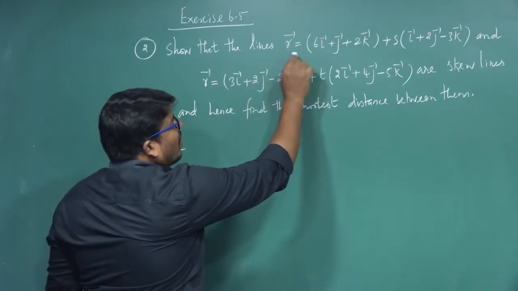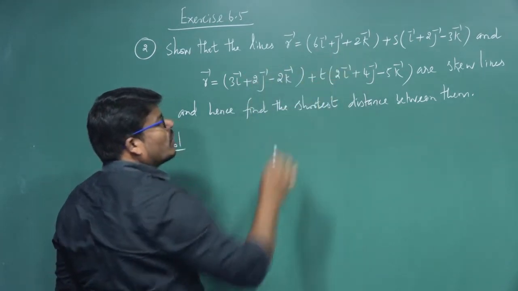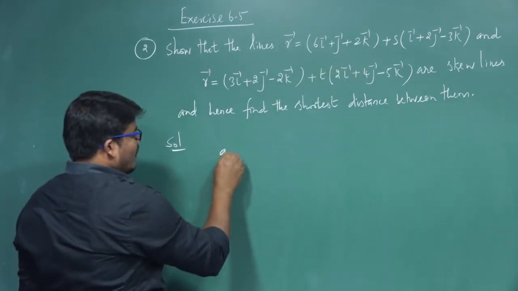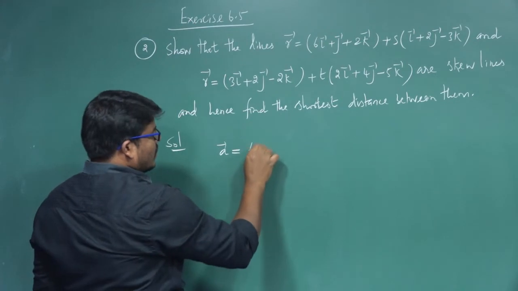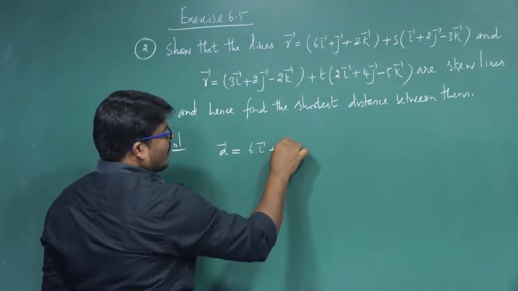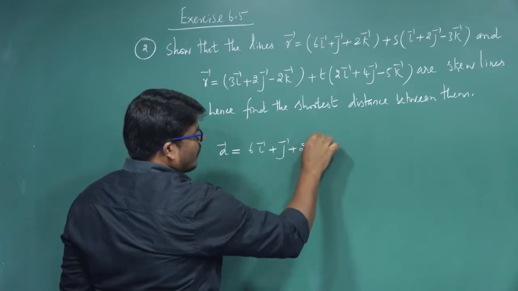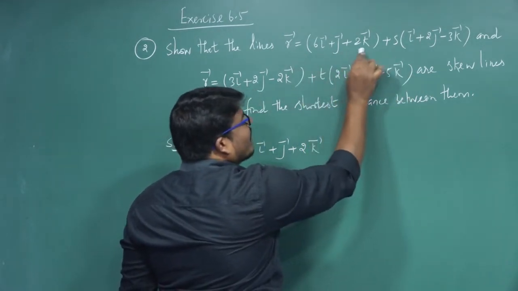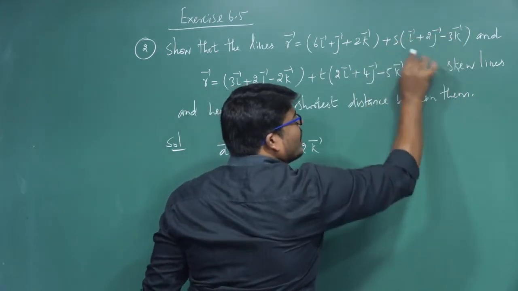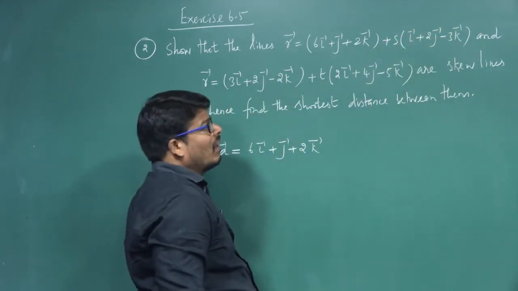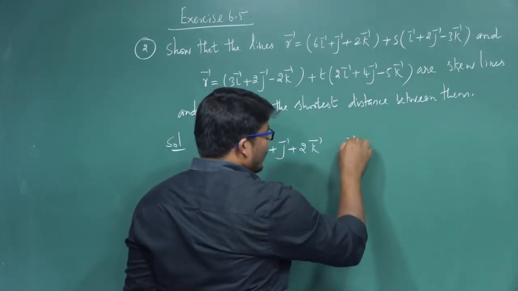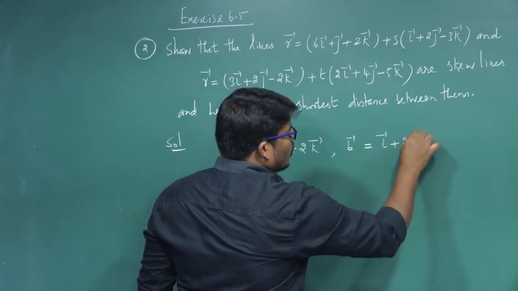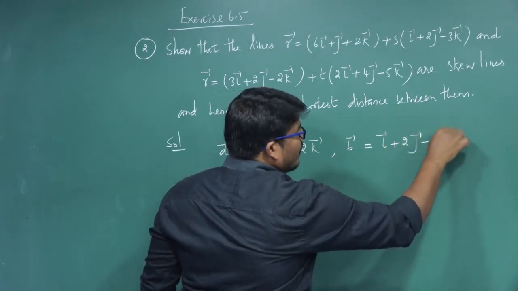The equation of the line is r vector equal to 6i vector plus j vector plus 2k vector, that is the point A vector. Write in here, A vector equal to 6i vector plus j vector plus 2k vector, that is the point A, plus s of B vector: r vector equal to A vector plus s of B vector, where B is the parallel direction. B vector equal to